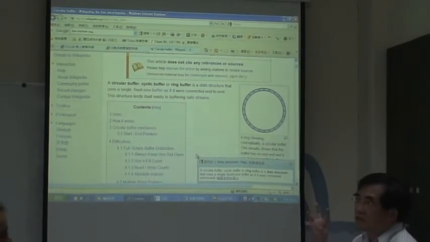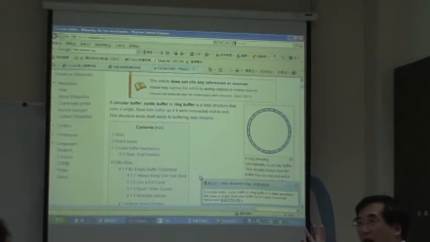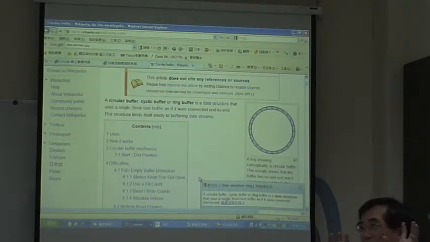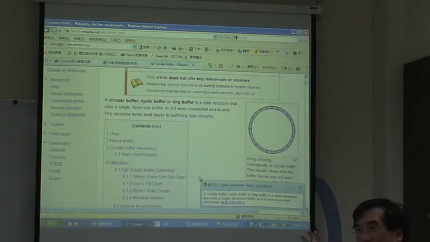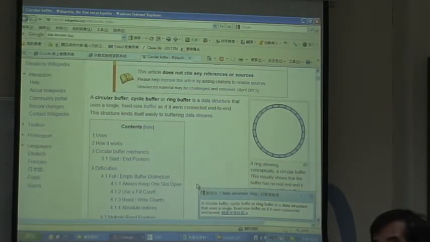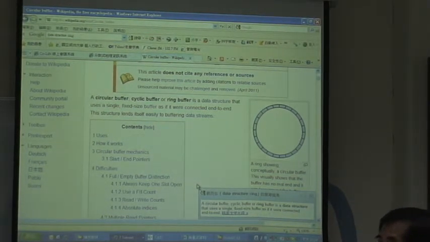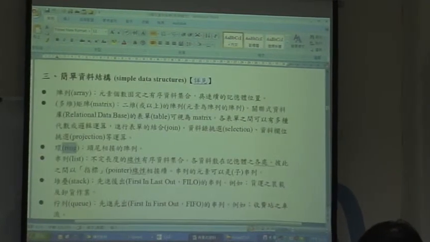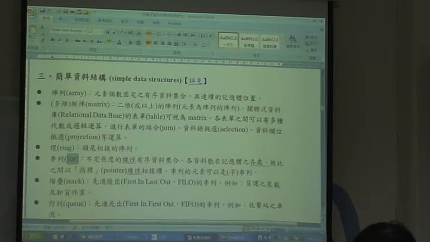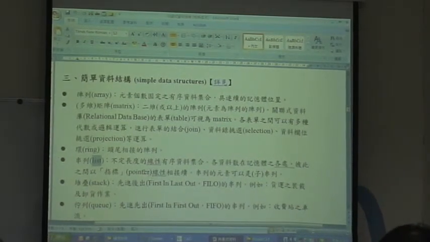So okay, the data structure is something to describe the external or real world. 啊，就是我们用资料结构来描述某一种这个外在的世界的现象啊。